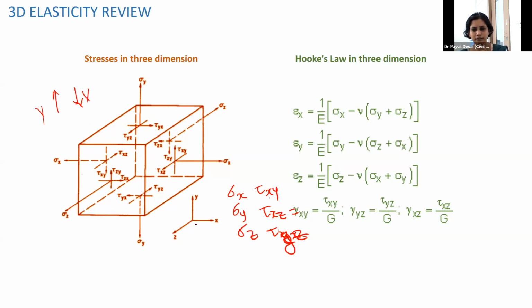So suppose this is the x plane defined by the normal to the x-axis. Normal means 90 degrees, perpendicular to the x-axis. We call it the x plane. And when your shear stress is acting on a positive plane, this is called positive. The right hand side is the positive plane, top is positive and the front is positive. These three are positive and the remaining three are negative.